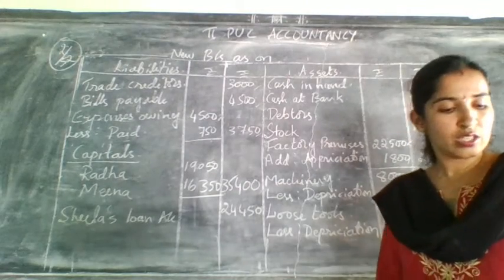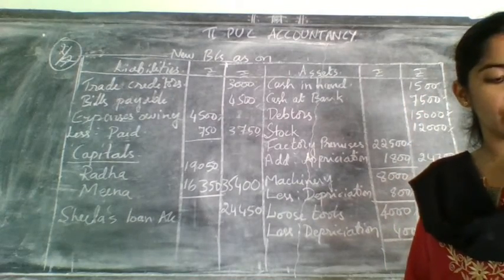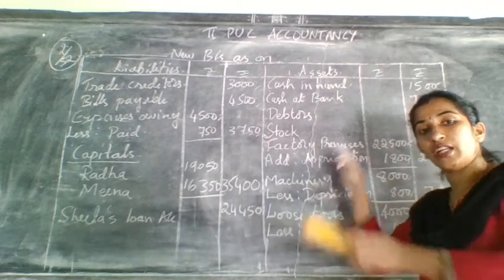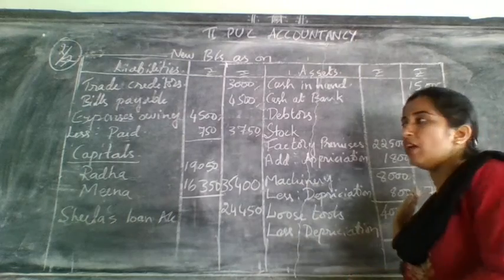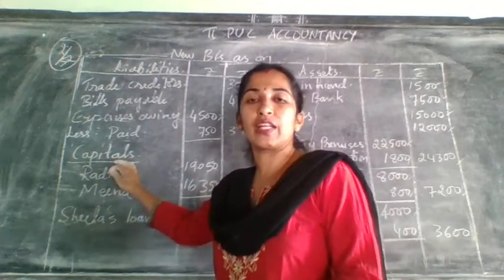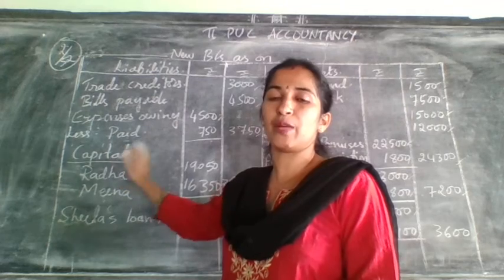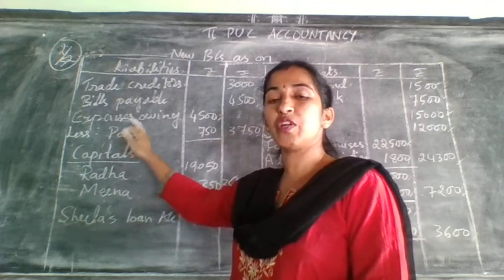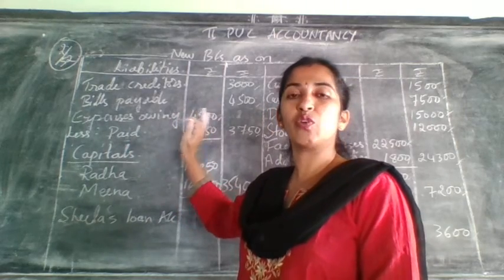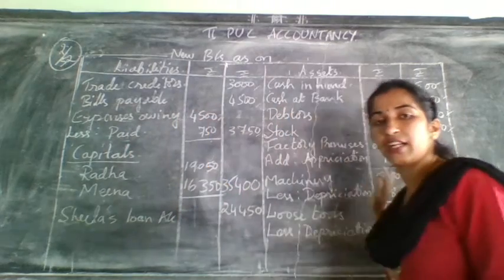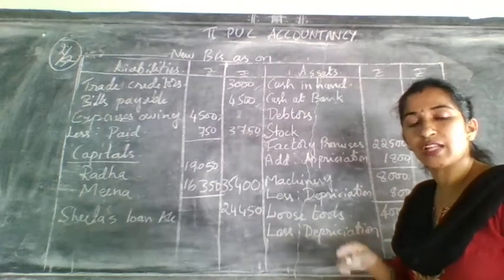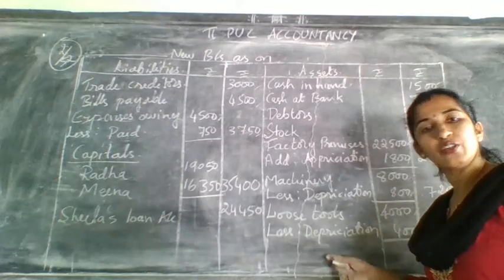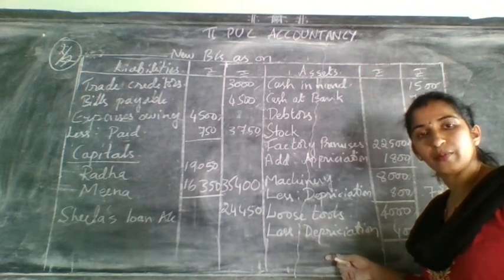Now let us move on to the next one, that is adjustment, whether you have taken all the adjustments or not. So goodwill of the firm was valued at 13,500 and written off. So here goodwill you have taken on the credit side of partners capital, and again you have taken it on the debit side of partners capital account. That means it was written off there only. Suppose the goodwill was not written off, just they have given the goodwill of the firm value 13,500, means again that goodwill comes once again in which one? Balance sheet. Which side? Asset side you need to write. But in this problem they have given written off.